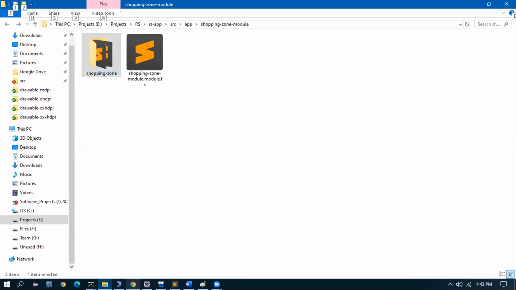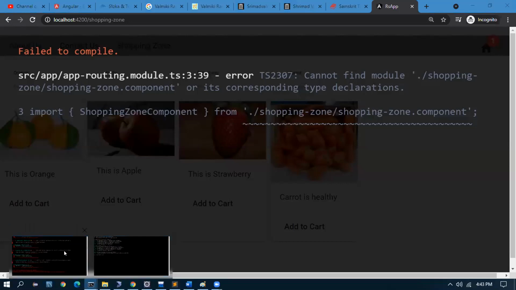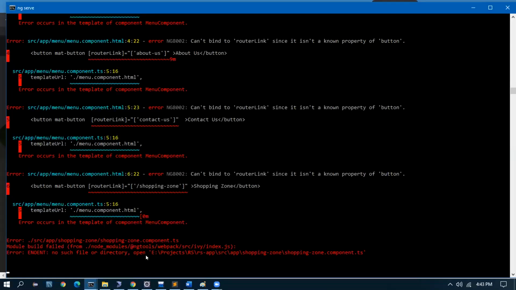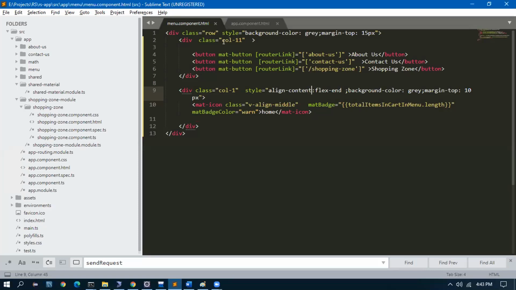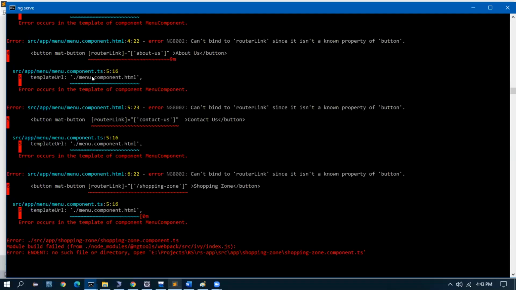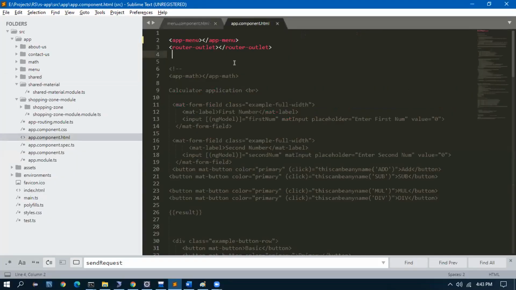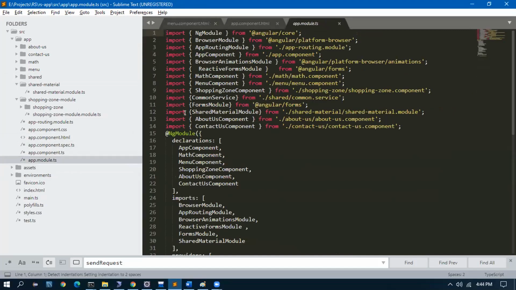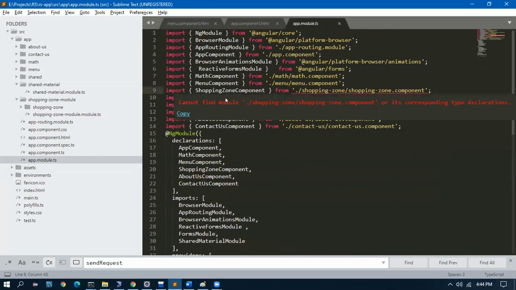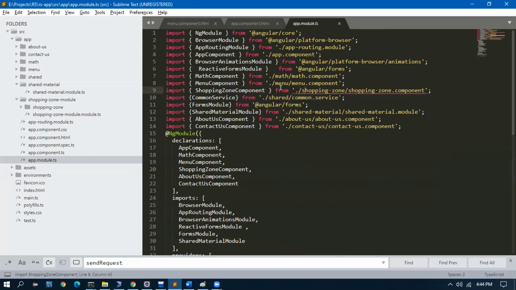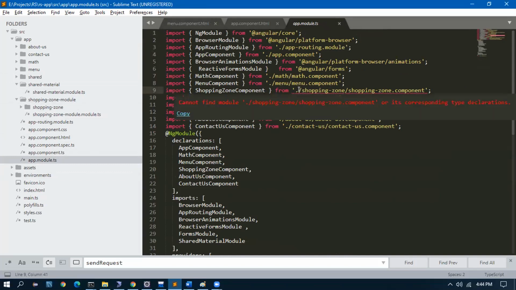So the first thing is we moved it inside. Now we'll be getting lots of errors. We just have to clean it up because all the imports will be referring to the old section. So I have to go to app module. Let me see in the app module. Yes, I have a shopping zone component, which is inside shopping zone module.